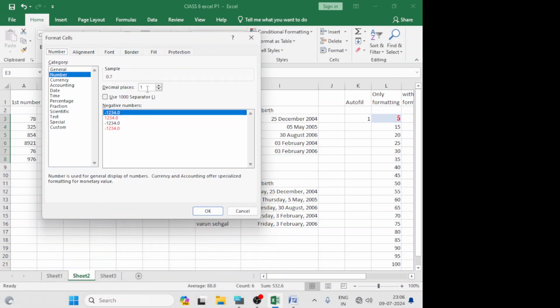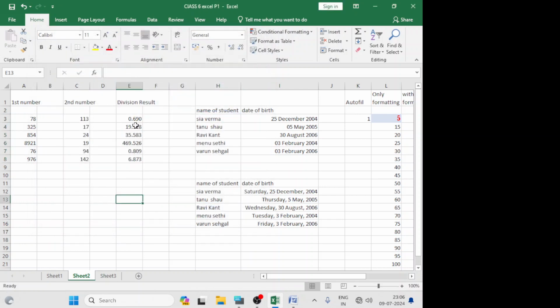How many decimal places you want, you can select from here. If you want commas in your numbers, click on this checkbox. Click the OK button. Now you see that 3 digits are coming after the point in all the answers.